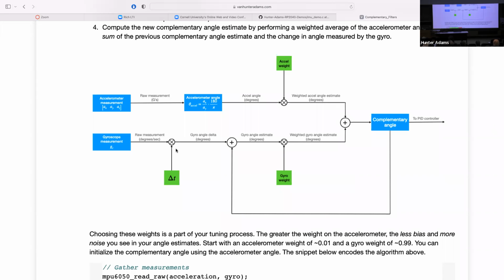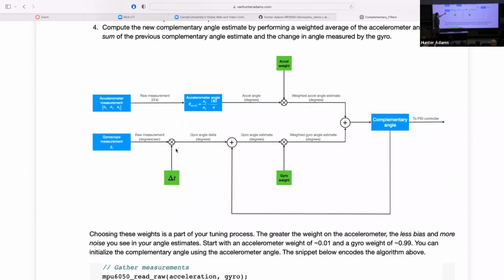But when you calculate the gyroscope measurement, are you already assuming the user is holding the pendulum up? Not necessarily. You certainly could. If you initialize this complementary angle to 0 degrees or 90 degrees or whatever convention you choose to represent straight up, then yes.